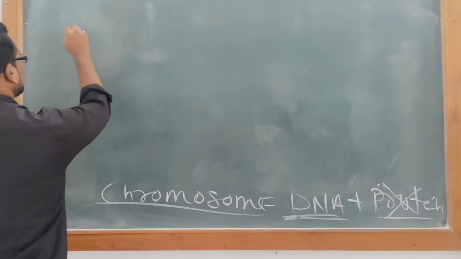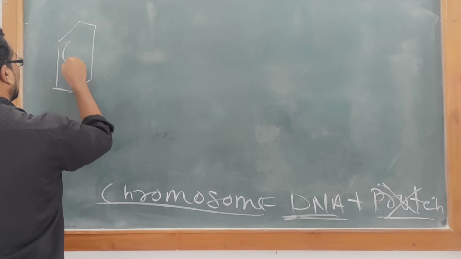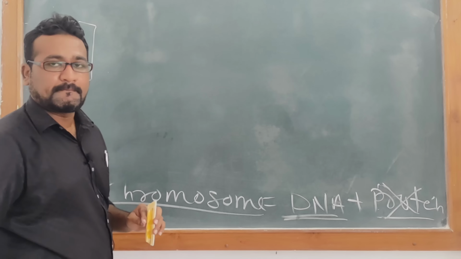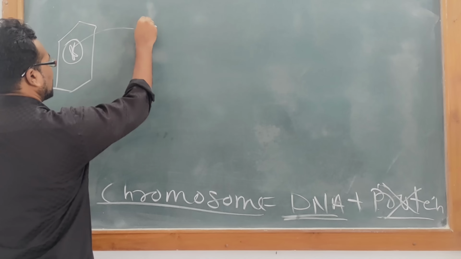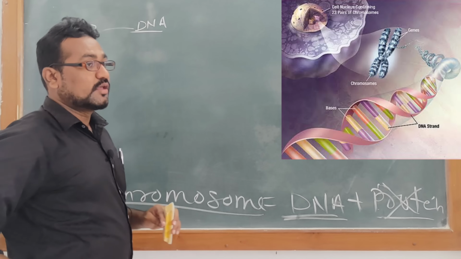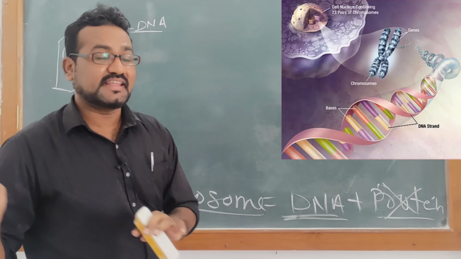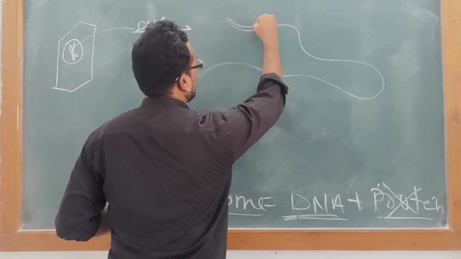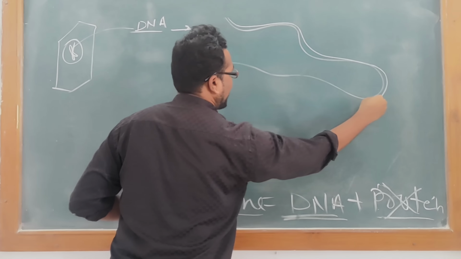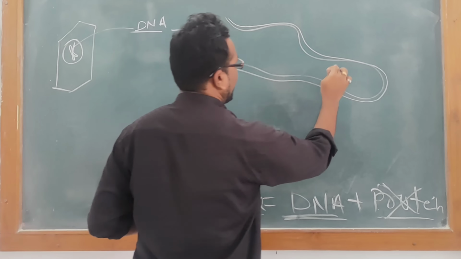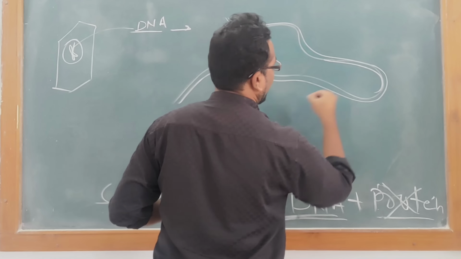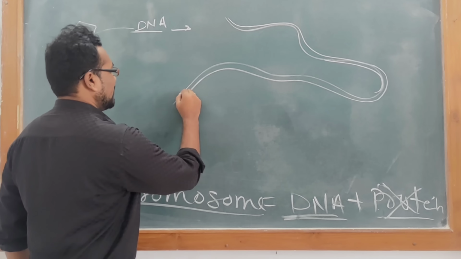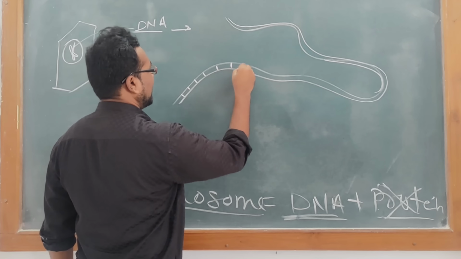Okay, so what I was saying: if you have this cell, in that you have this nucleus, in that you have this chromosome. In that chromosome you have your DNA. If you are successful in taking this DNA out, you will find this DNA will look like this. At first sight it looks like a snake, but if you look carefully, this DNA looks like a ladder, a flexible ladder.